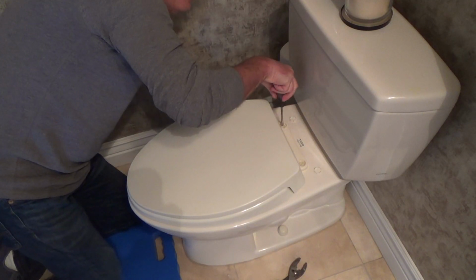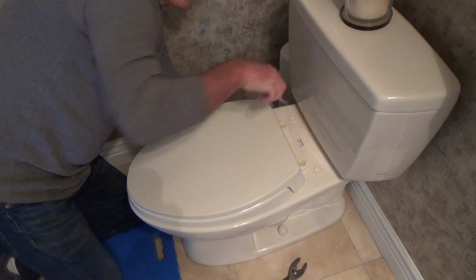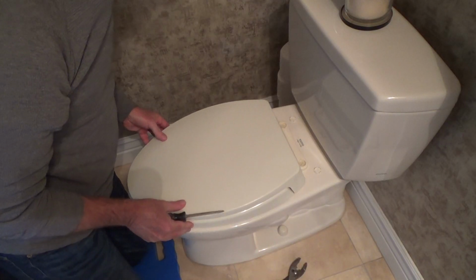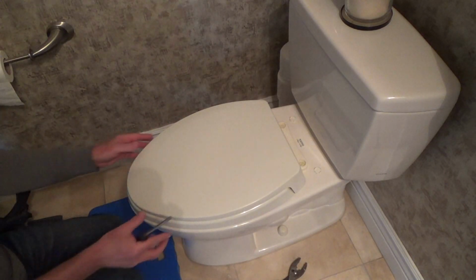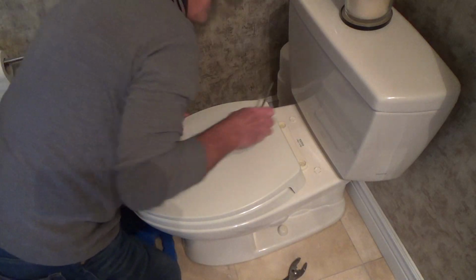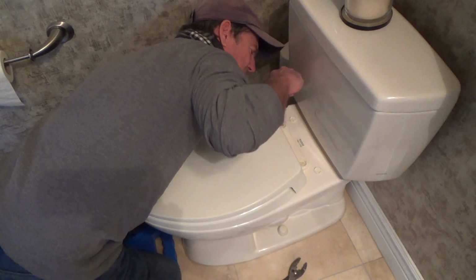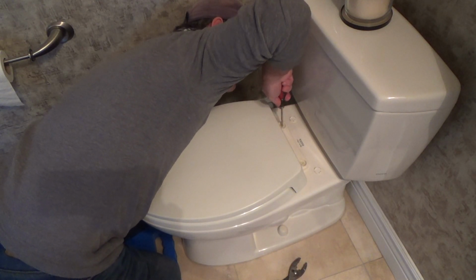See this one here? Look, I just kind of held underneath here, and that one was just slightly loose. And now, see, I can reposition my seat exactly where I want it. And that looks better right there. I'm going to hold it down with my chest while I tighten this up. And I'm just holding the screw or the nut